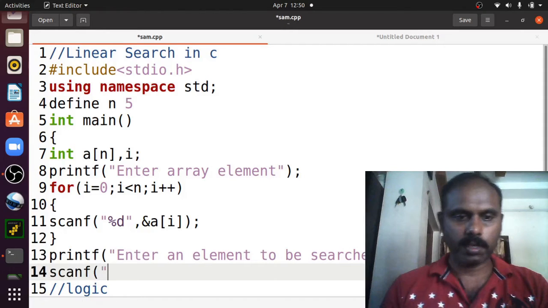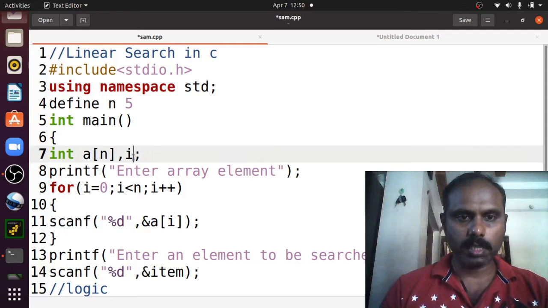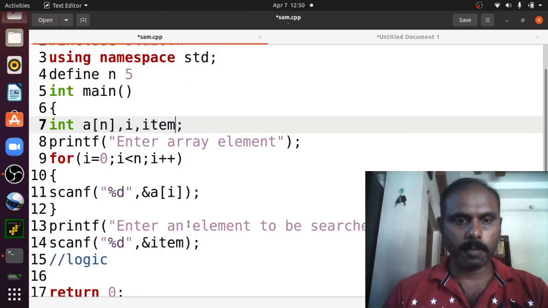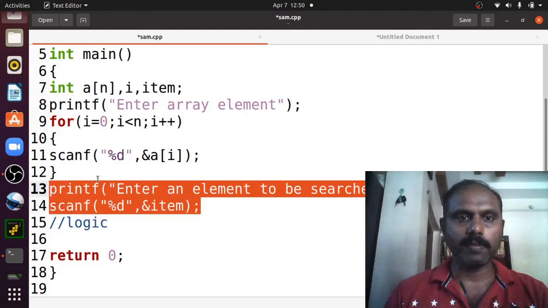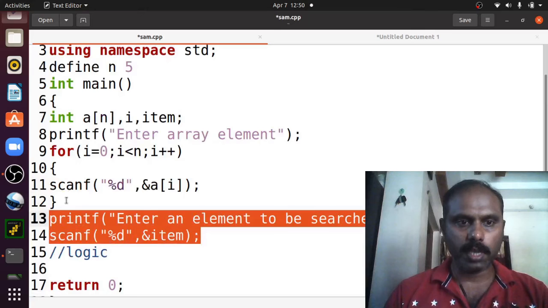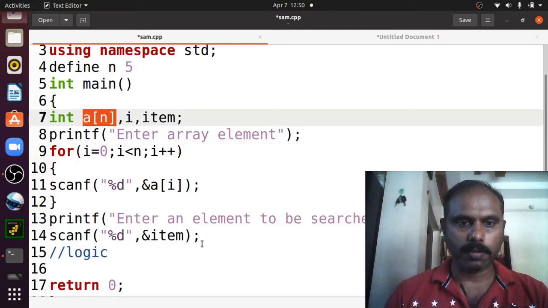Scanf, this will be %d and ampersand item. So this is another variable item. I have taken the value in item variable, which is nothing but the element which you want to search. This is an array element. This is array declaration.